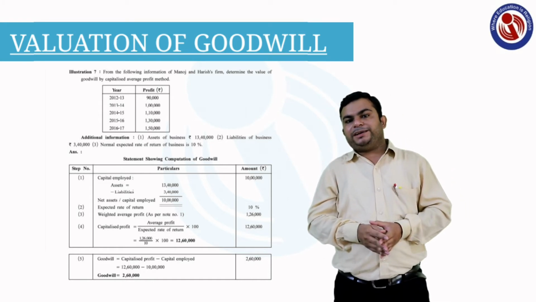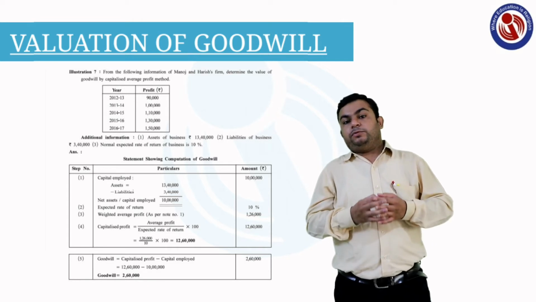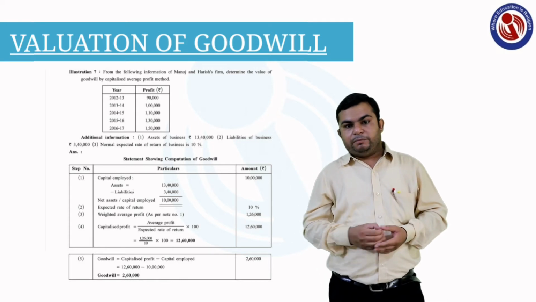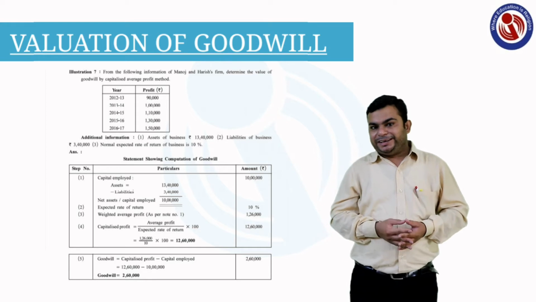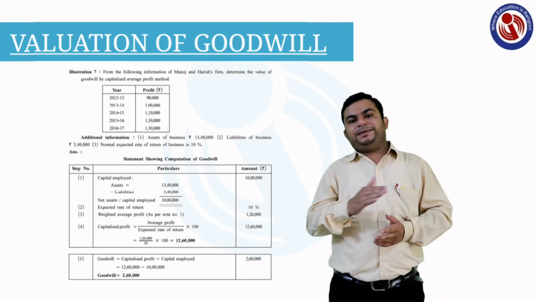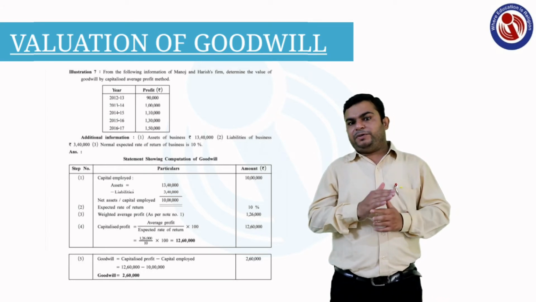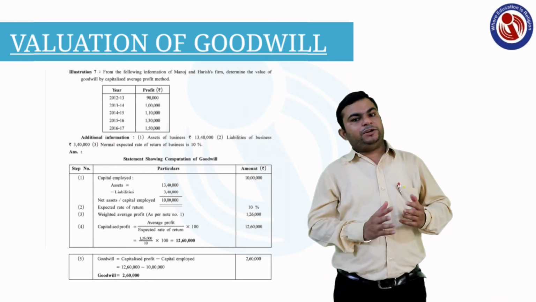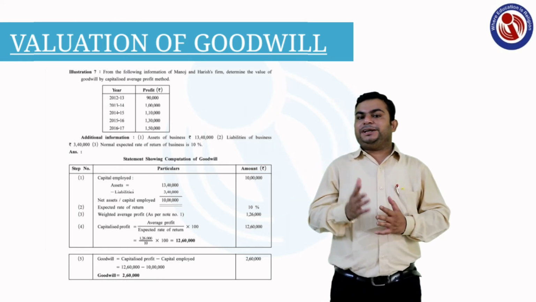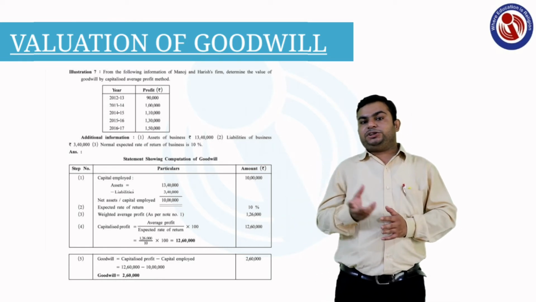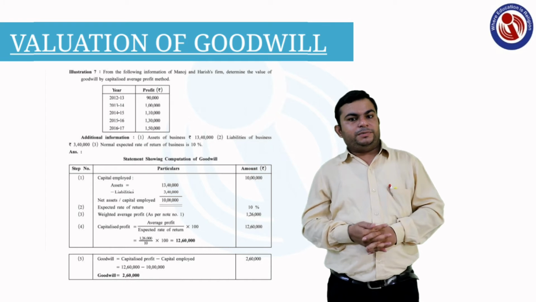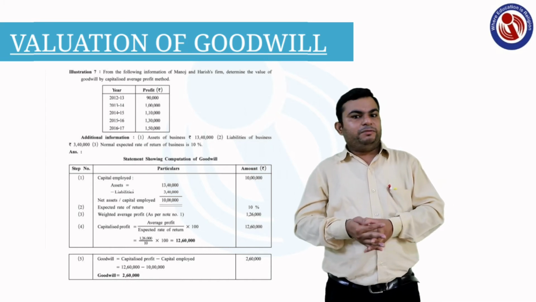Whenever in the question you are given such kind of profit, we have to find out the weighted average profit instead of the average profit. Because in our second method we discussed that the weighted average profit method must be used when you are given an increasing trend in the profit. If profit is fluctuating, then we can find out the average profit itself. But the questions provided in your textbooks, in illustrations as well as in exercise questions, are ones in which profit is showing an increasing trend. You can see this in your illustration number 7, which is already shown to you in this video.